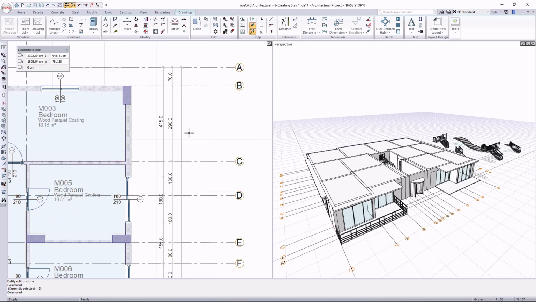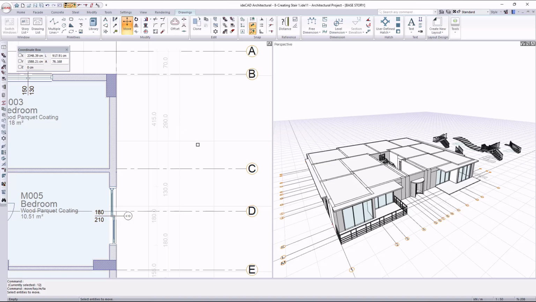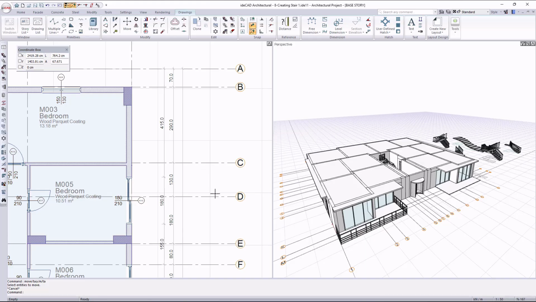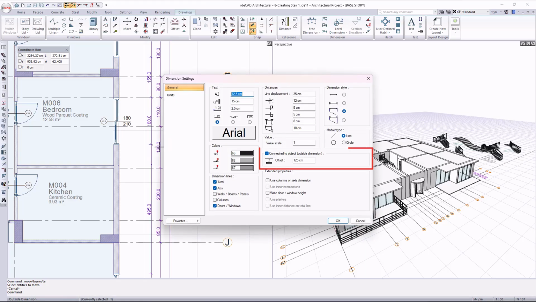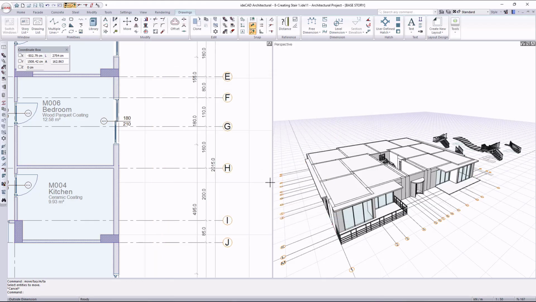The standard Move command cannot be used to reposition outer dimensions. This is because outer dimensions are smart objects that remain linked to their reference elements. To reposition the dimension line, the adjustment must be made through the Settings dialog. Double-click the outer dimension to open the Outer Dimension Settings dialog. In the settings, update the offset value to change the distance of the dimension line from the reference wall. For instance, increasing the offset from 125 centimeters to 300 centimeters will automatically move the dimension line 3 meters away